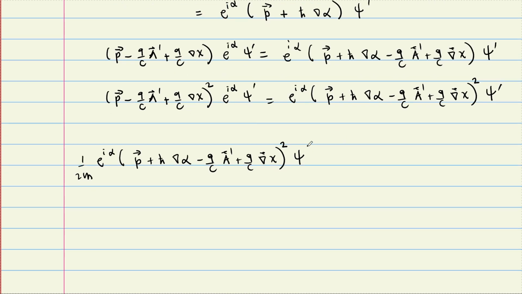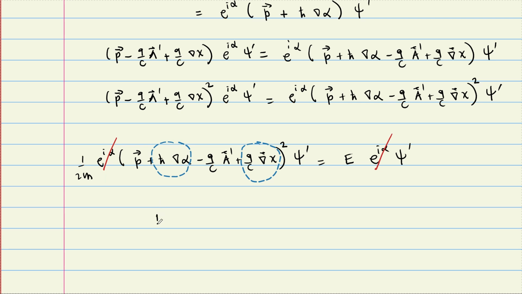And this one is also prime, is equal to e times e to the I alpha psi prime. So these e to the I alphas, they did their job, and we cancel them. And here we look at this equation. If we can cancel this term with this term, it is going to be exactly the same Schrödinger equation, but only a's went to a primes and psi went to psi primes. And for that to happen,